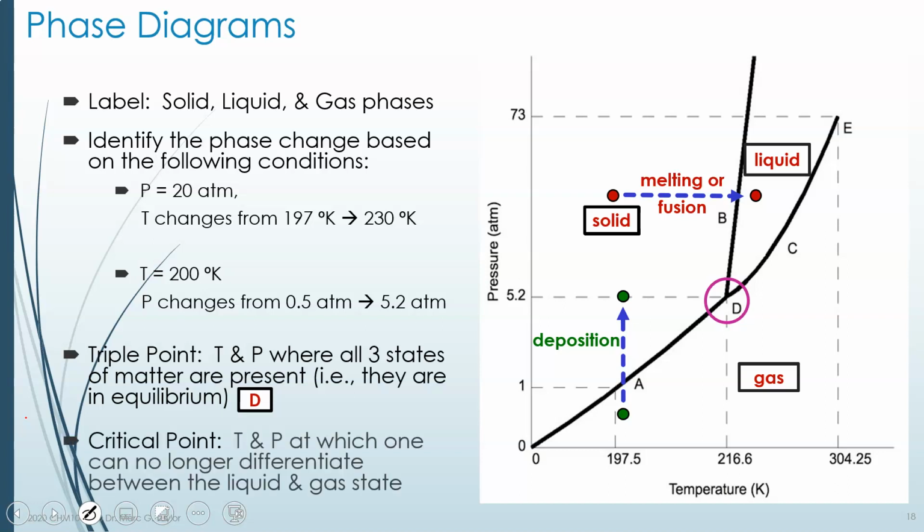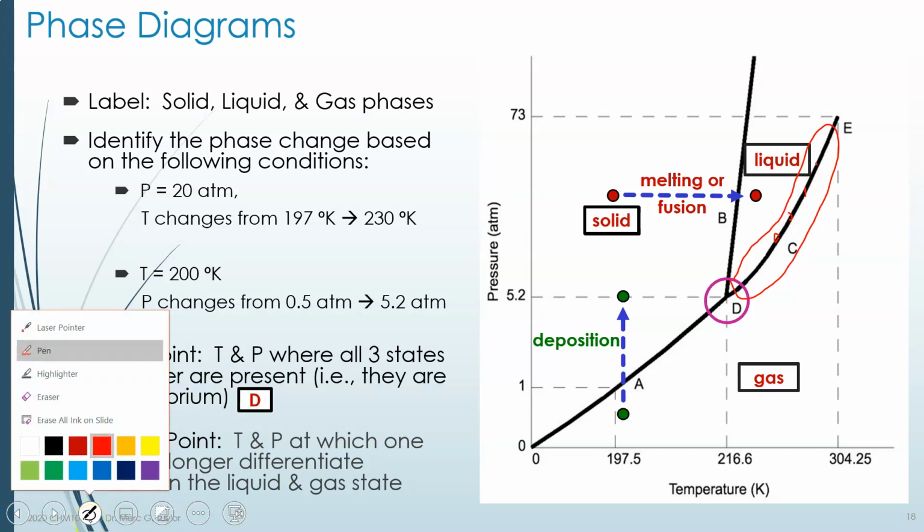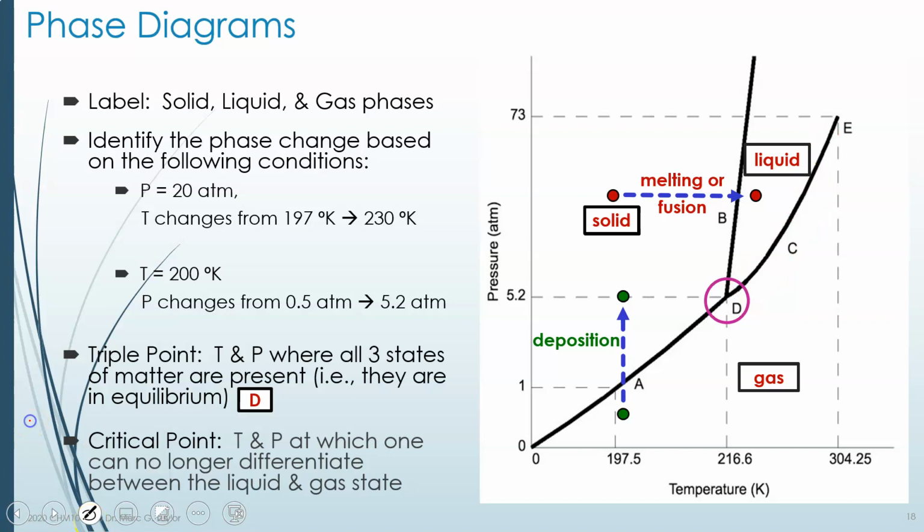We also have another point on this chart called the critical point. The critical point is the temperature and pressure at which point we can no longer distinguish between liquid and gas. Well, look over here. This is the transition between liquid and gas. Any one of these points along this curve, you will have both liquid and gas. However, once you get to too high a temperature and too high a pressure, you can't tell anymore. So above that point E, we have no idea where the division of gas and liquid is, and we refer